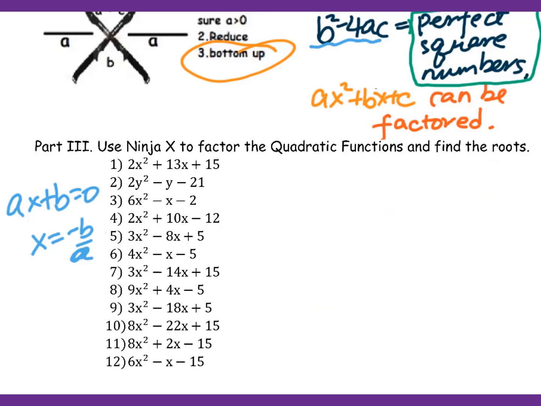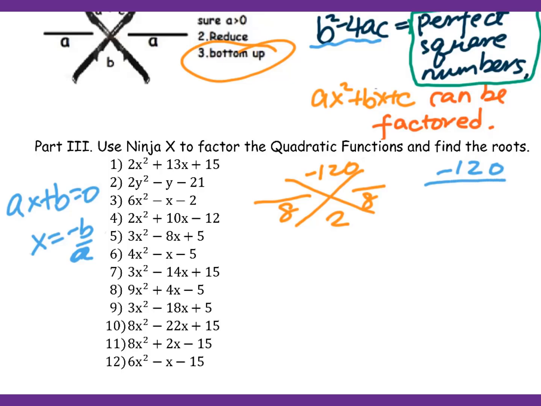For number 11, I got -120. This is 2 over 8 over 8. -120. I know that 10 times -12. I'm looking for +2, therefore we change the sign. This is a -10, 12. Reduce, you will get -5, 4. Reduce this 2, that's 3,